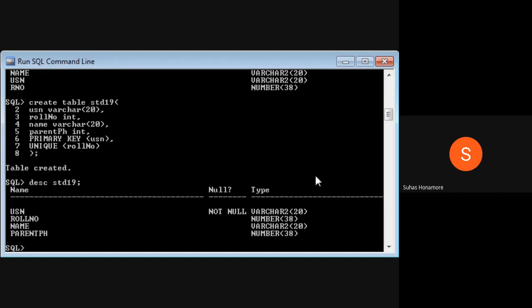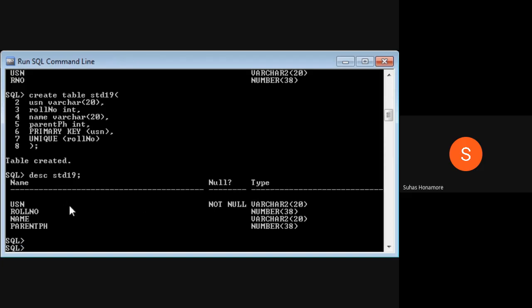So the difference is, USN can't take the null value, roll number can take a null value. So what is a null value? We can leave the space, that is nothing but empty. We can give the value to the roll number, but we can't skip it for the USN. So USN should always be something. Some information you have to compulsorily give. You can skip the name part, you can skip the phone number part, all those things.